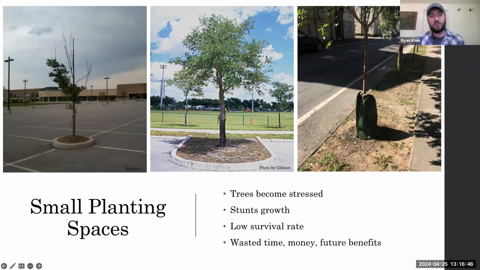Obviously, we want to plant street trees, but if there's not enough soil volume there, you're kind of just spinning your tires. So, rather than that small little planting island on the left there, you're better off with maybe the image in the center, kind of a peninsula where roots can get out into the planting strip behind it. Or, if you can do a planting strip, you're going to be better off yet because the roots can go the entire distance of the strip. But essentially, with the image on the left, you're basically planting the tree in a container. The roots are confined, they're deflecting against the infrastructure, and that means poor stability and poor survival and performance of the tree.